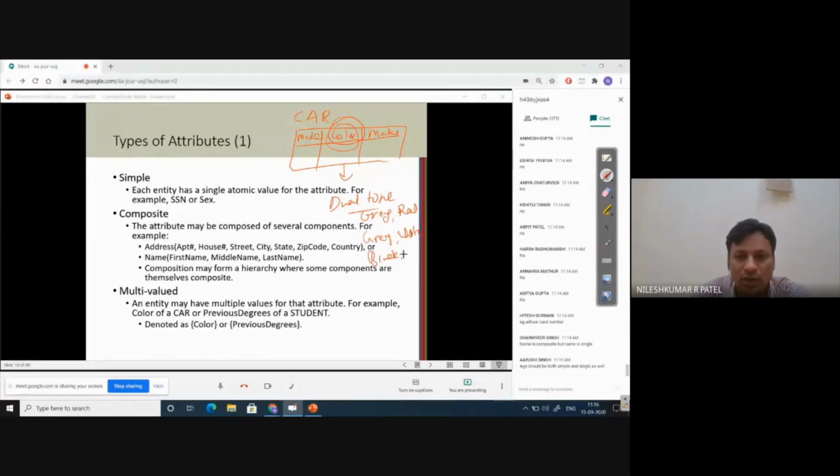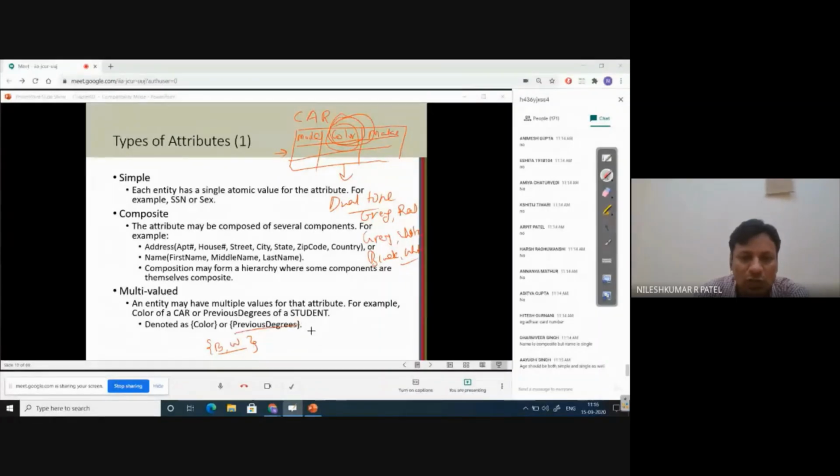So this car has two colors. So the color attribute for this particular car entity type is multi-valued, right? Multi-valued attributes are mentioned in curly brackets, for example, {black, white}.